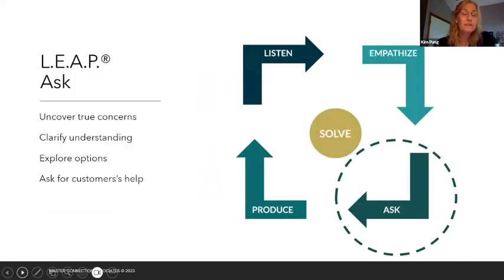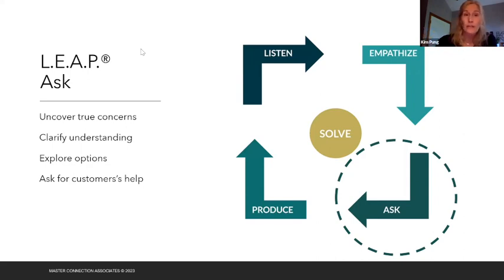So then the next step is to ask, right? Ask questions. Notice we're not offering a solution yet. Oftentimes we're ready to just jump in and fix this baby and get this moving on and get this business closed. We need to ask questions. We need to make sure that we truly understand what the holdup is, what the hesitation is, not make any assumptions about that, not make any assumptions based on what other clients have said, or even our own perception again. A lot of times we're making those assumptions based on our own perception. And so we want to just step back a bit here and ask the question.